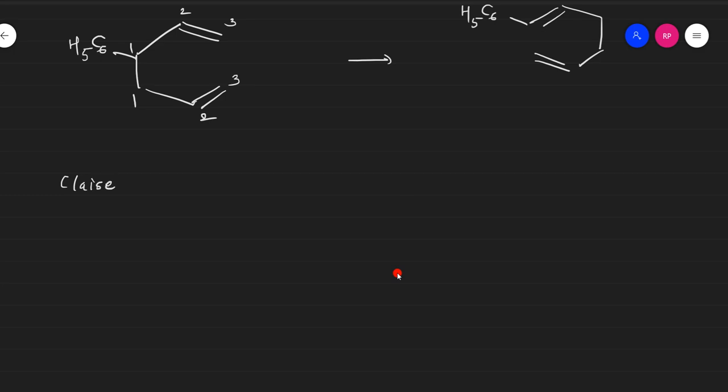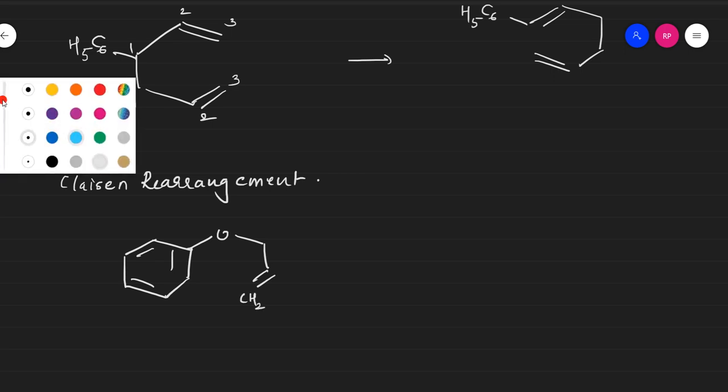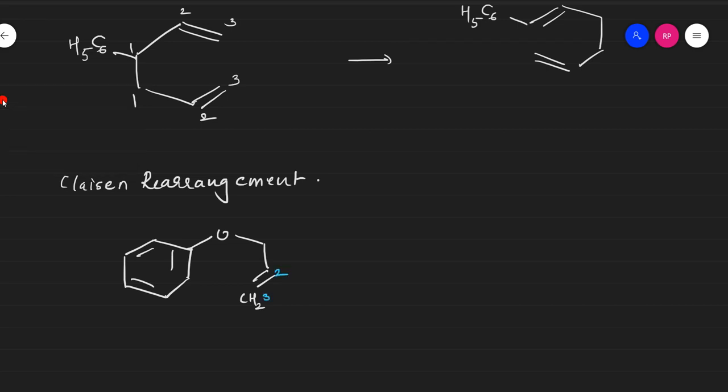Let's go for the other example, Claisen rearrangement. Similar reaction, but first I will show you an example. Same thing, follow the same concept, the 3 to 1 concept. Why it is called Claisen, I'll tell you. 3 to 1. Where is the double bond over here? The double bond is over here, no? So I'll go with this 3, 2, 1. Follow the same concept: 3,3 bond formation, 1,1 bond breaking, and 1,2 double bond.